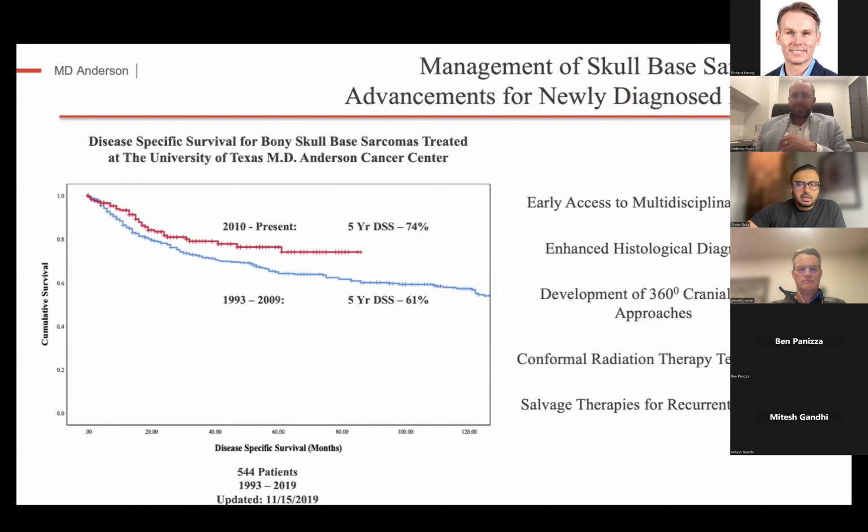And for quite some time, there was some historical pessimism regarding the long-term outcomes of the management of these lesions when there was skull base involvement. And over time, looking at our own practice, we are seeing improvements in 5 and 10-year disease-specific survival because of a lot of advancements listed on the right here. And I'll cover those key advancements